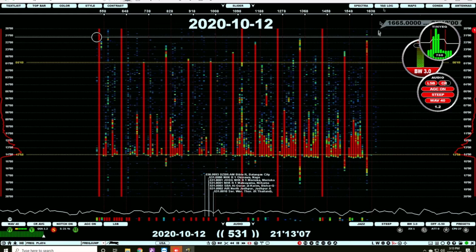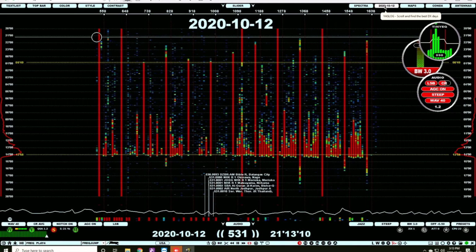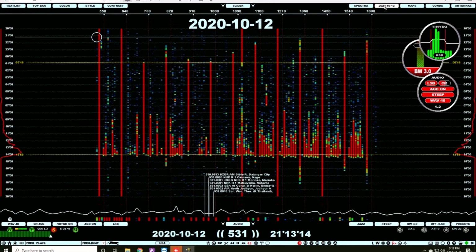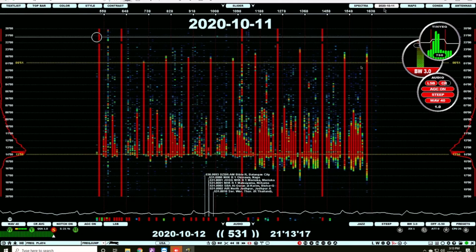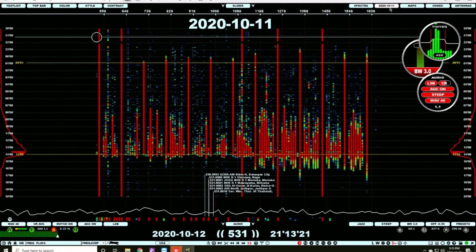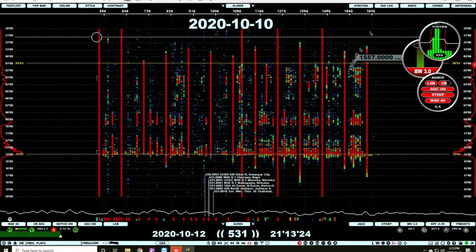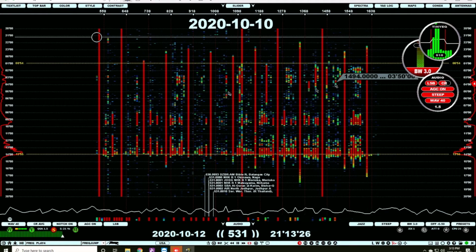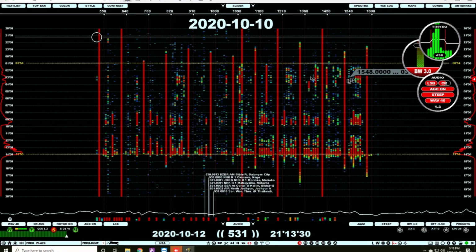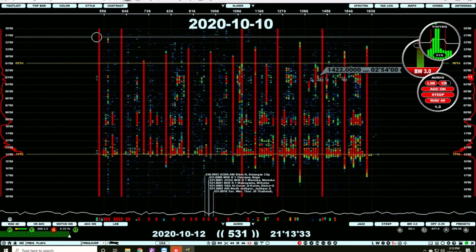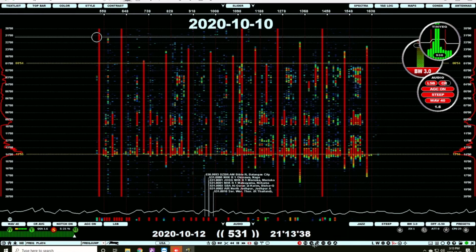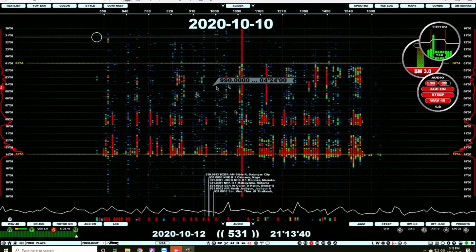So if you'll notice up here in the YAS log, another thing I can do is press either your right mouse button or your left mouse button. If I toggle my left button, you'll notice it's toggled up here to October 11th. Then I press it again, and this is October 10th. What a handy thing, because back on October 10th, you can see that I was getting quite a bit of European transpolar DX showing up on my 9 kilohertz splits. Again, if I wanted, I could toggle off the few 10s in there,